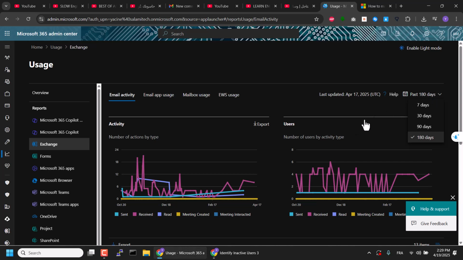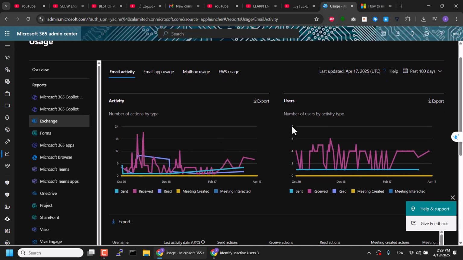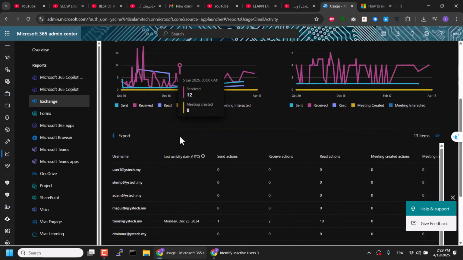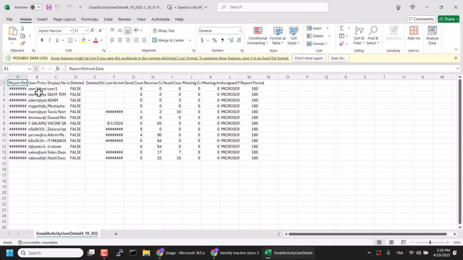And then we have multiple choices. All of this is useful, but the one I will use, I scroll down, sorry, and click on export. And then we generate an Excel worksheet with all the data we need.